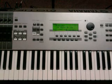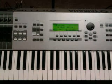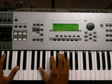Or you can use a 2-5-1 if you will, or you can walk that transition, or walk that turnaround. 3, 4, 5, 6, half, 7, whatever, back to 1. That's another turnaround you can use. So after the